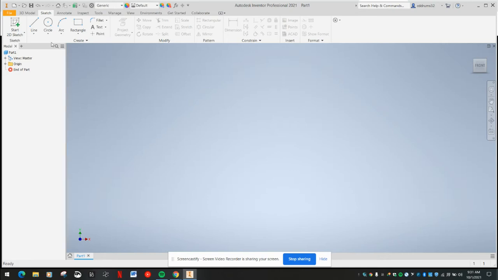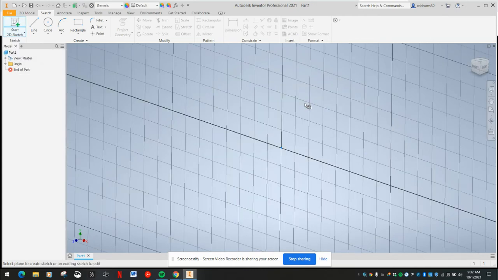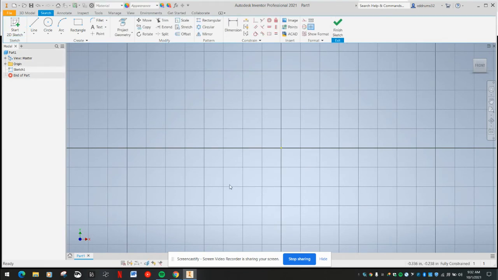Hello. So we're going to do sketch number 2 here. So I'm going to do a start 2D sketch. Click on the XY plane, and I'm just going to get started here. So I'm going to get a line, and I'll start right here, and I'll go over